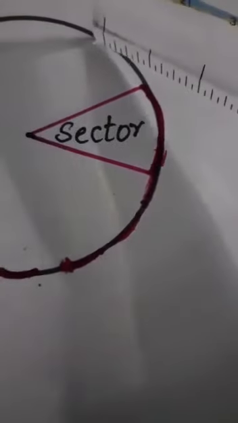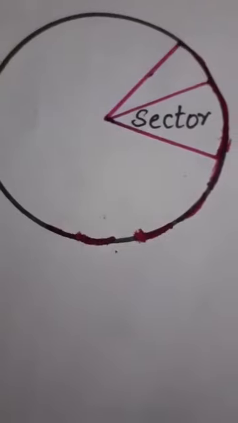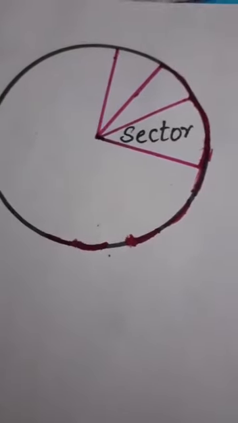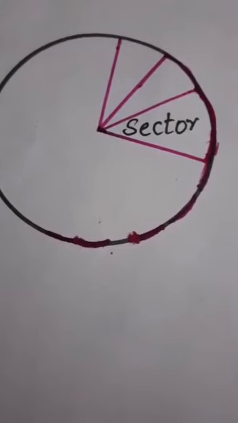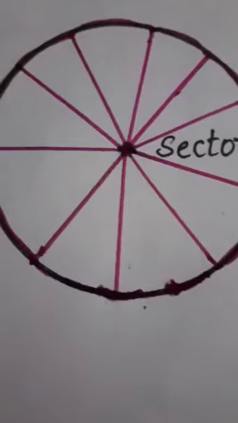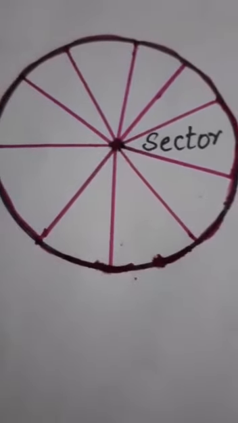So like this, how many? If you draw one more arc and one more radius, then this is also a sector or not? This is also a sector only. So like that, here also we can draw or not? So in the same way, we can draw so many sectors. So sectors are also infinite. Like this, you can still draw so many sectors.